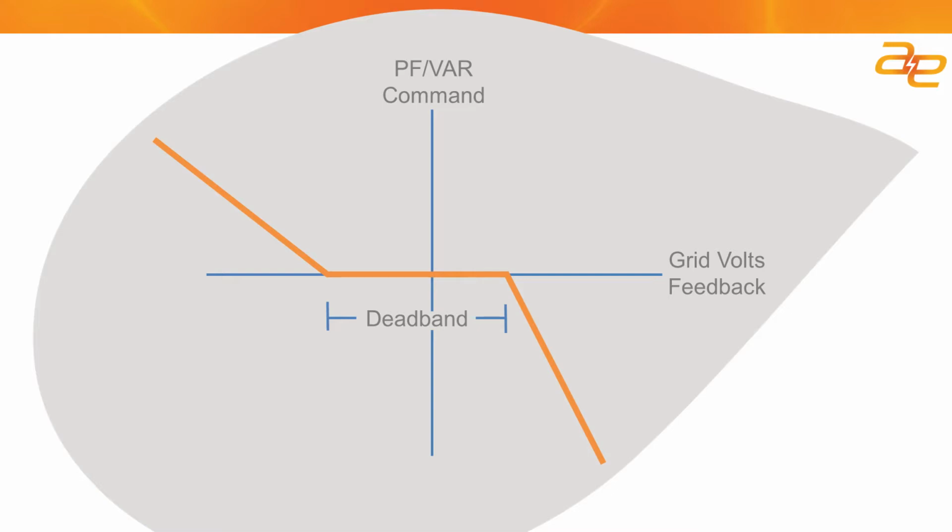If you're connected at 115 kV, that 115 kV is a nominal voltage for that transmission line. The site itself at the interconnection is going to have likely a different grid voltage at that point. Usually it's higher, so it might be 117.5 or 118 kV. That's going to be your nominal set point for the site. Then from 118 kV, there may be a defined deadband. So if it's 118 kV plus or minus 2,000 volts, then whatever the automatic voltage output is from the site,